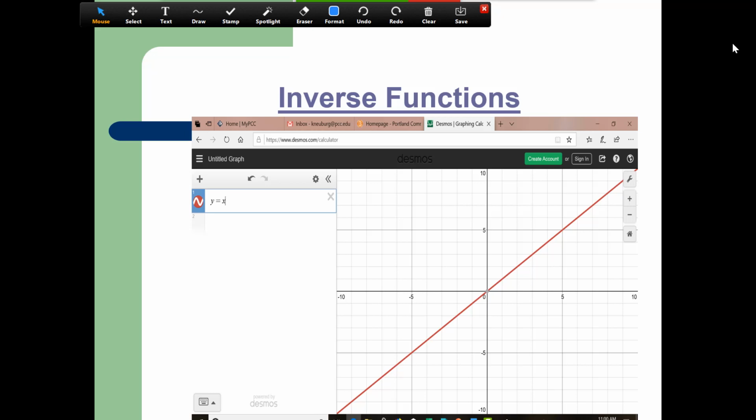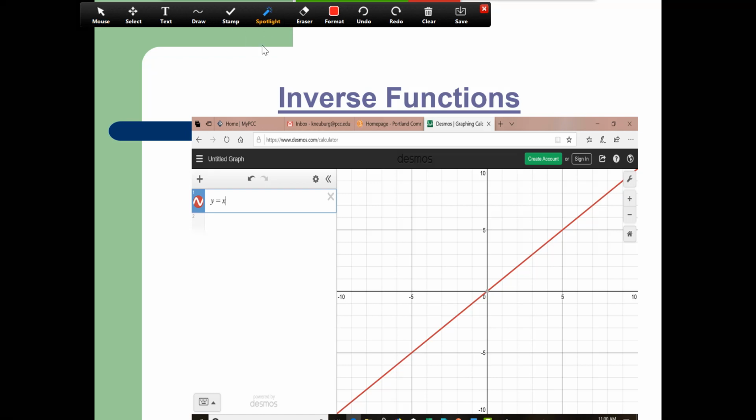In this video, we're going to take a look at what an inverse function is. An inverse is a special function that takes one graph and reflects it over this special line that we have drawn on our picture. So if you can imagine